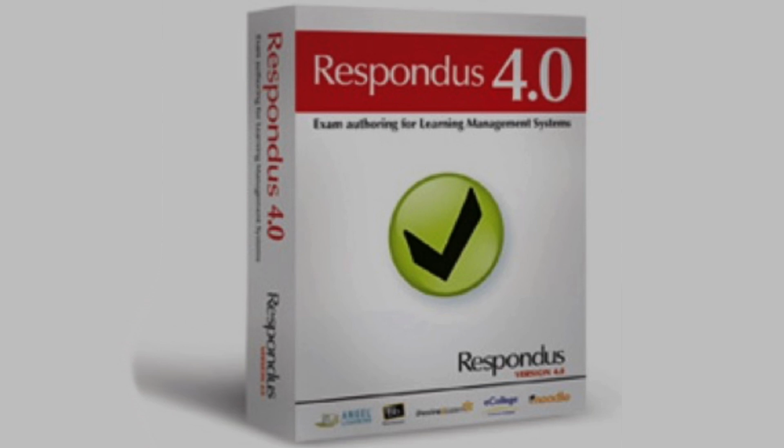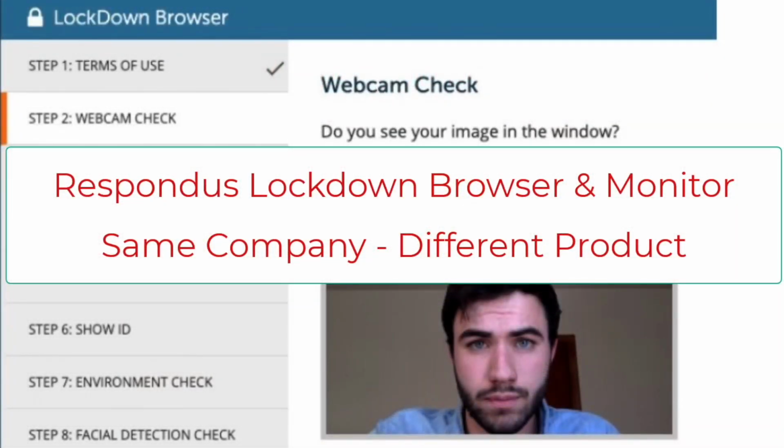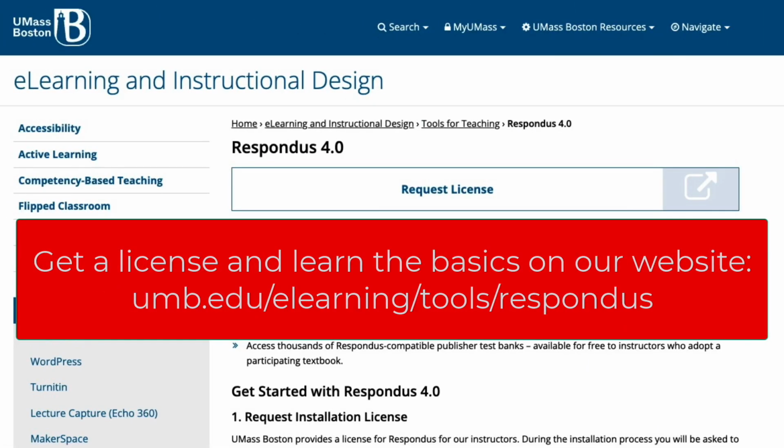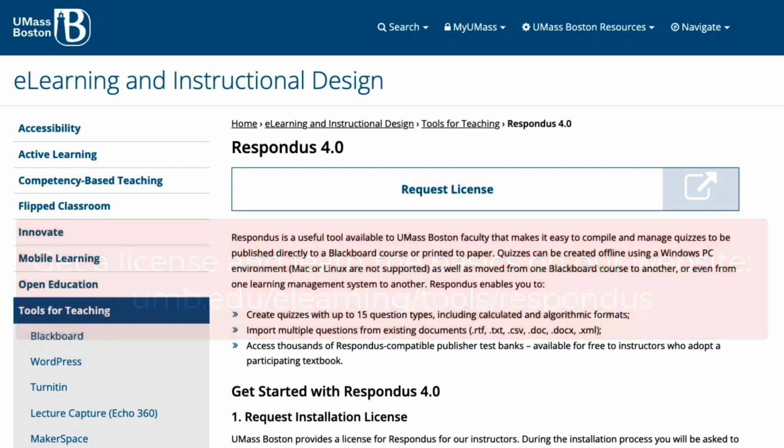Note: please do not confuse this software with Respondus Lockdown Browser and Monitor, which are used to deter and detect cheating on online exams. This video will not teach you the basics of Respondus 4.0, but it will point out a few places where you can save time using Respondus 4.0, including both Respondus tips as well as things you can do in Respondus that you can't do in Blackboard.